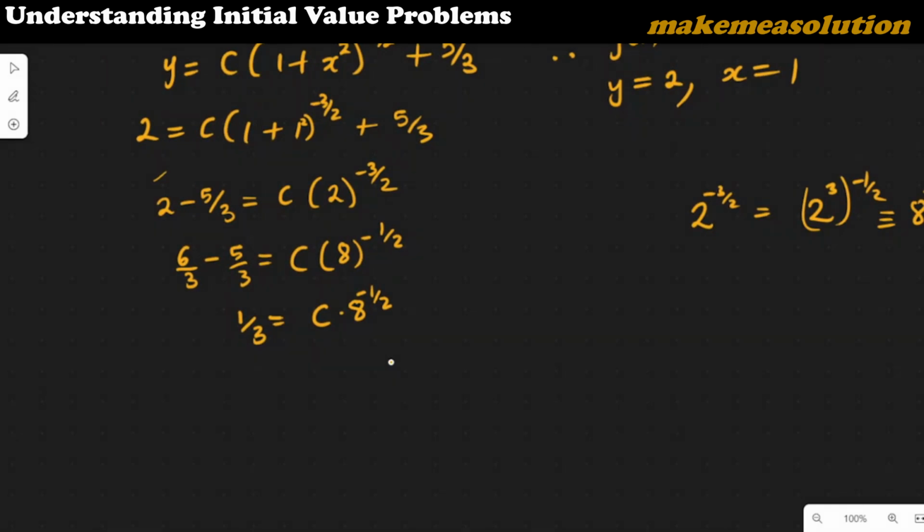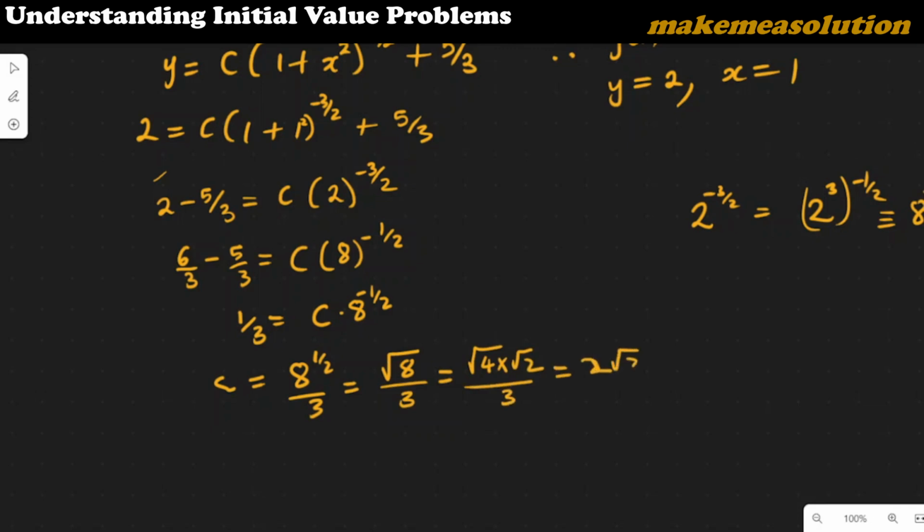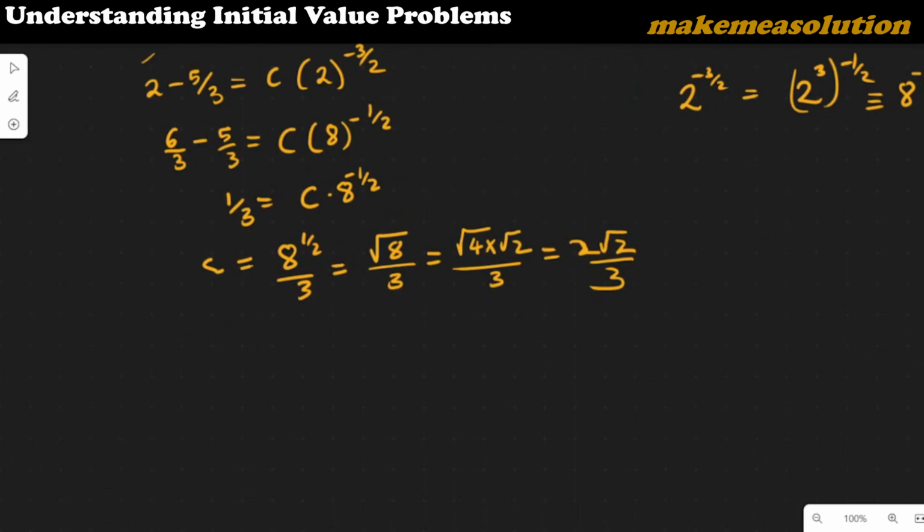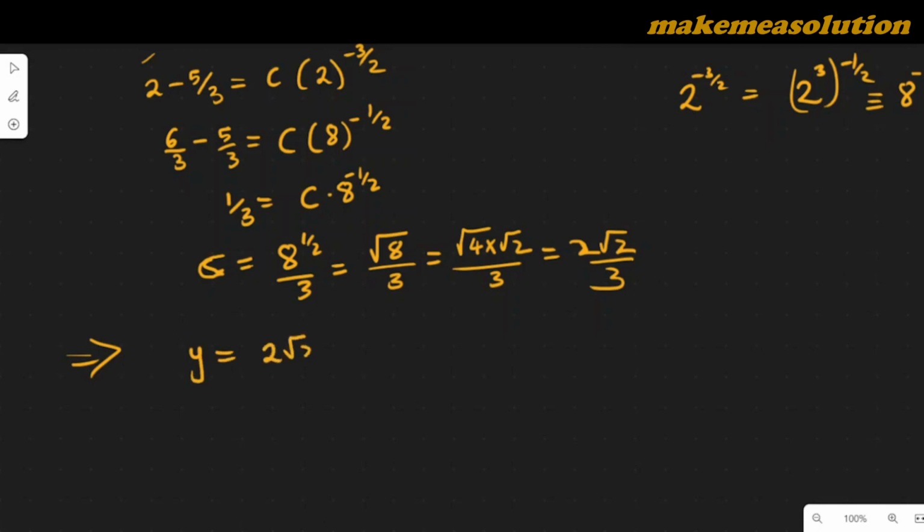So let's see what this becomes. From this point, c is equal to 8^(1/2) divided by 3, which in other words is √8 divided by 3. The square root of 8 is √4 times √2 divided by 3, and this is 2√2/3. So we have found the value of c, the arbitrary constant. The implication is that y is equal to c, which is 2√2/3,